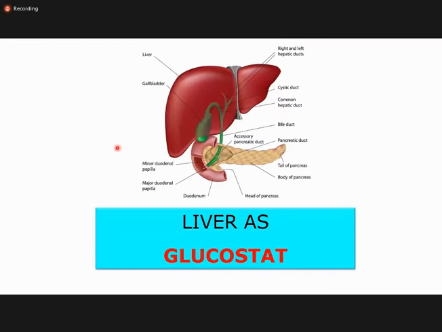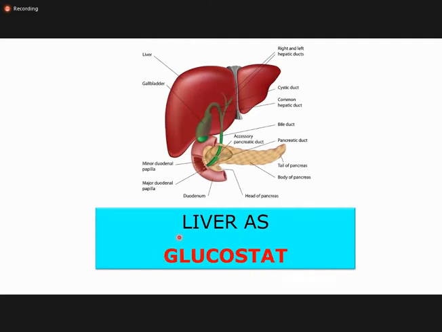The major organ that maintains the blood glucose concentration is the liver. Liver is also known as a glucostat. Just like a thermostat of your air conditioner, the liver is a glucostat of your body that maintains the blood